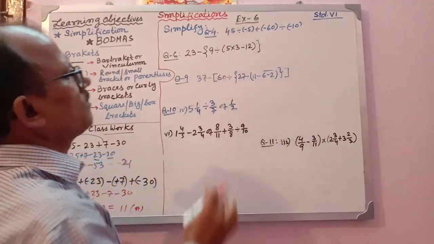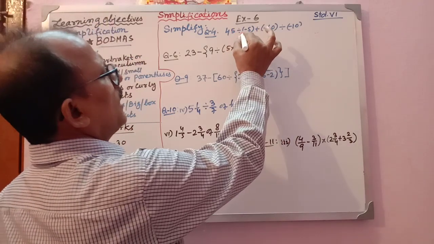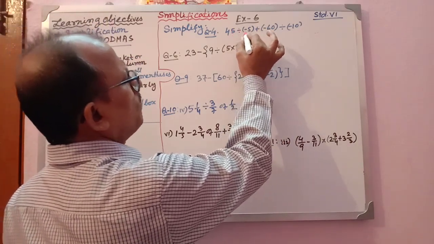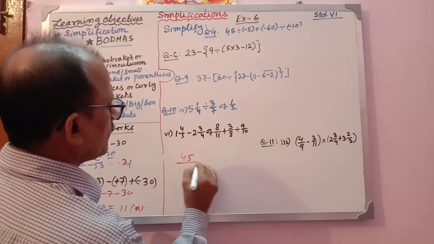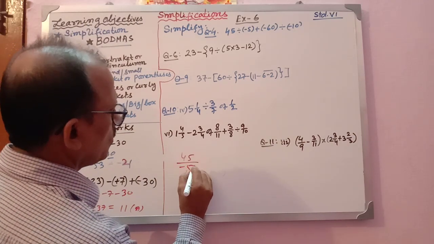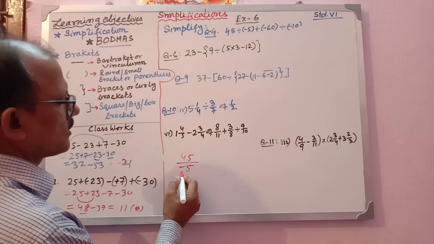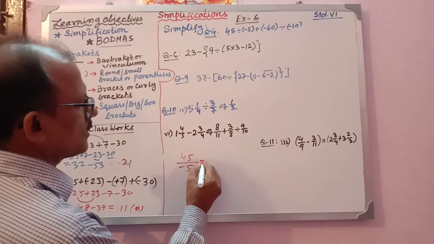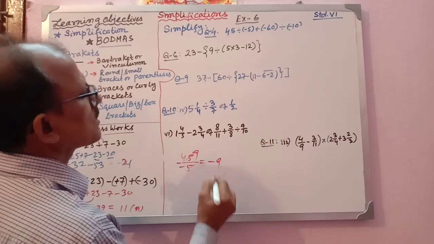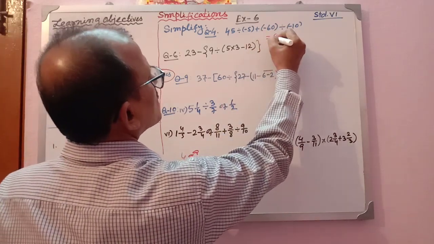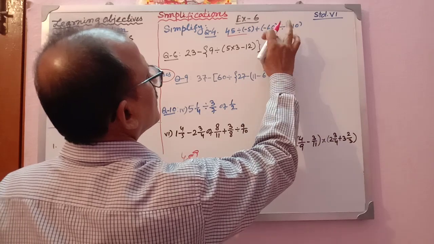I have taken 45 divided by minus 5. See this, before you do the division, 45 is a plus number divided by minus 5. You can solve this one, it will be better. For divide, work with the fraction, then you go for the cancellation. Plus divided by minus is minus only. 5 nines are 45, so minus 9. Here it is minus 9 first. Up to this it is minus 9, isn't it?